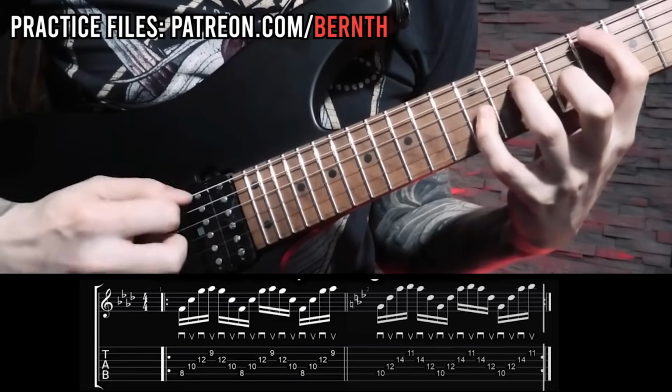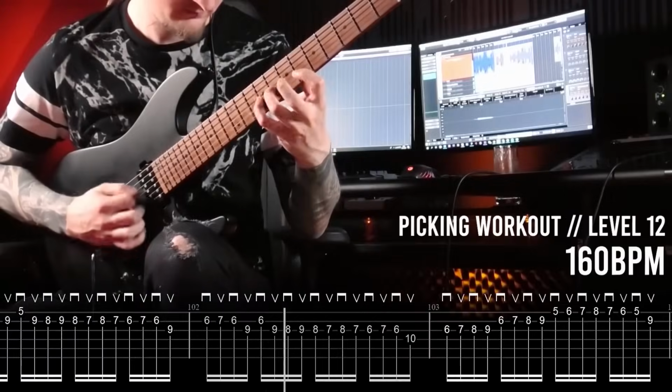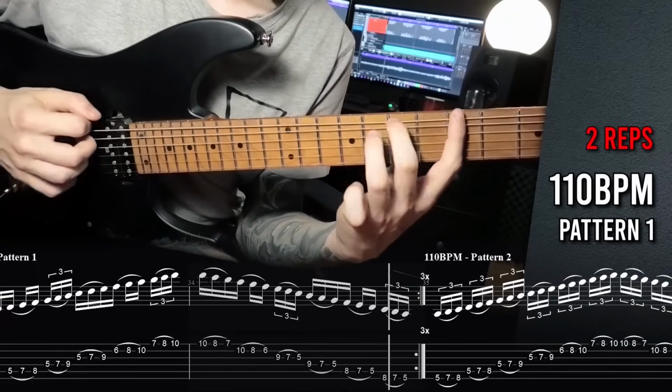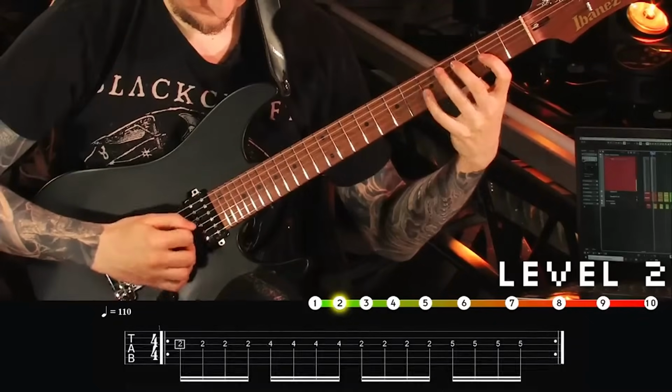And since a lot of you awesome people care about shredding, so super fast alternate picking or also sweep picking, tapping, all that fun stuff, perfectly synchronized with the fretting hand at absolutely insane tempos, I also quickly want to take you through my 10 levels of shredding, because this is kind of a perfect representation of how I